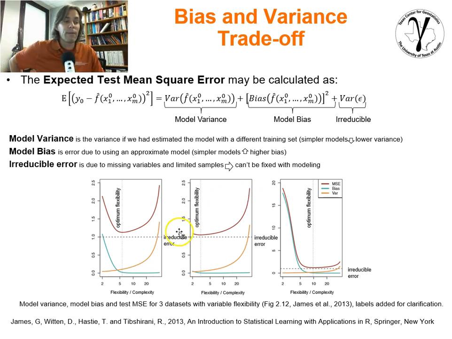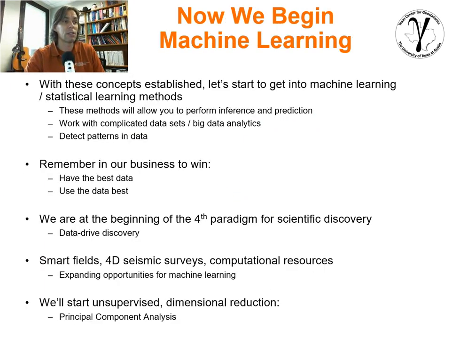And so what you'll find from this is something really important, and that is, at times the optimum amount of flexibility and complexity is not on the right-hand side. It may be somewhere on the more simple side, or it may be more complicated. It will depend on the problem. But we should be cognizant of the fact that there is a trade-off between model variance and model bias, and we have to balance the two.